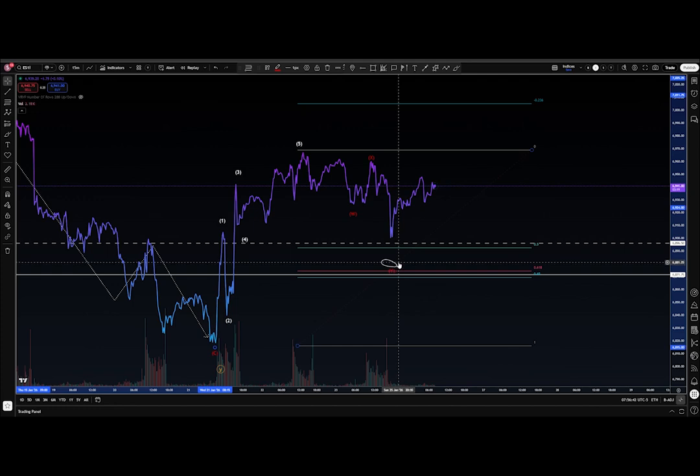This price actually, since we are online, we can't see it, but on bar chart, price actually came down right about to this circle. What this tells me is that there's a high probability that we have a completed multiple zigzag to this level. And this was a great entry opportunity.